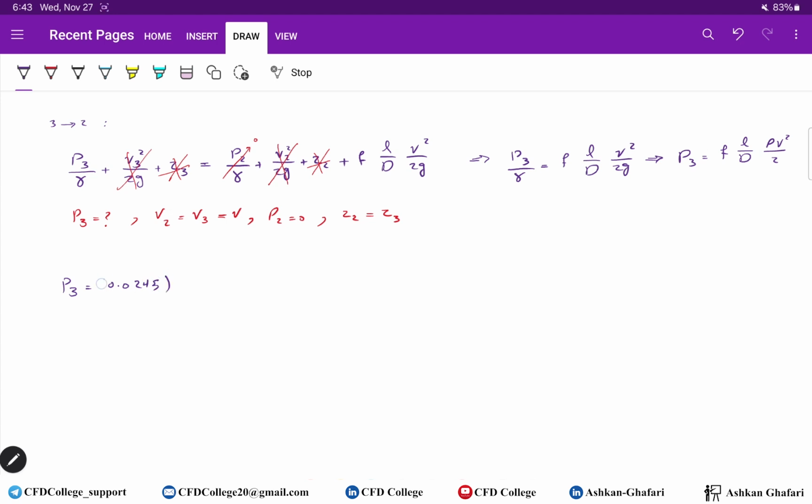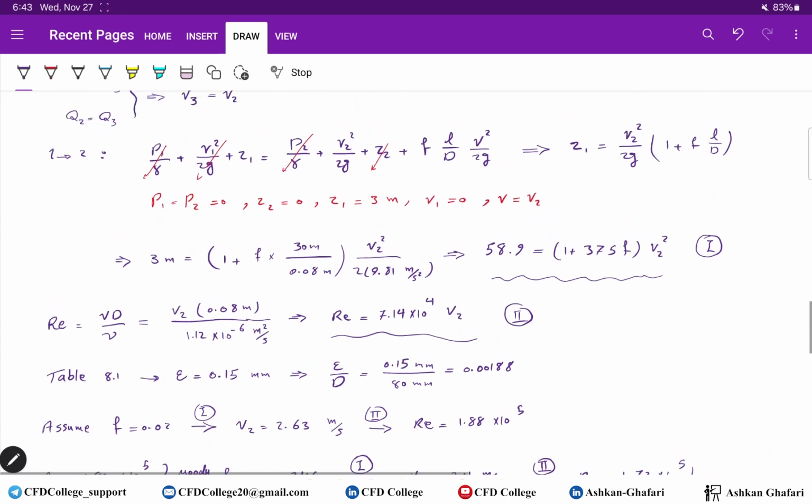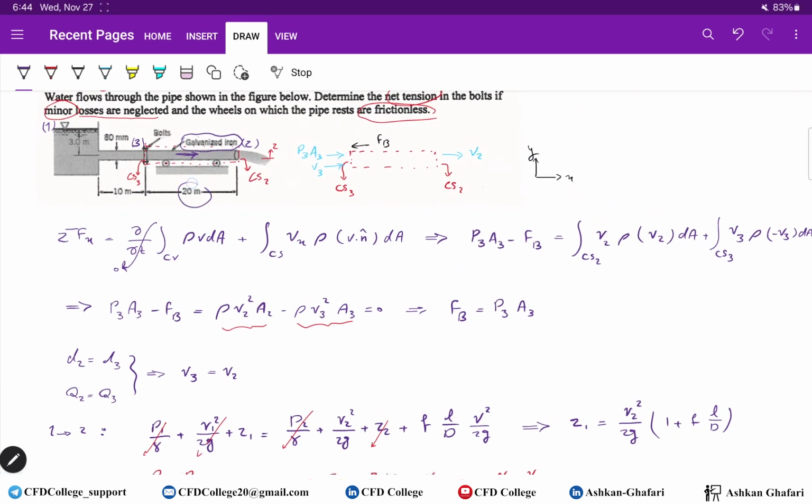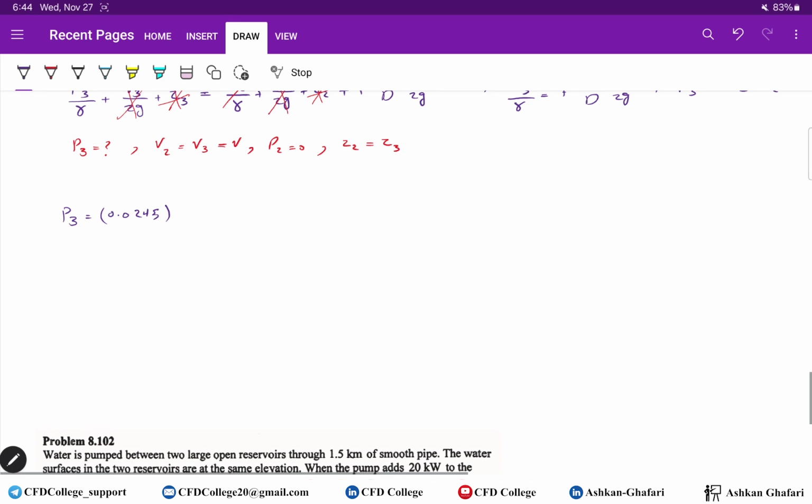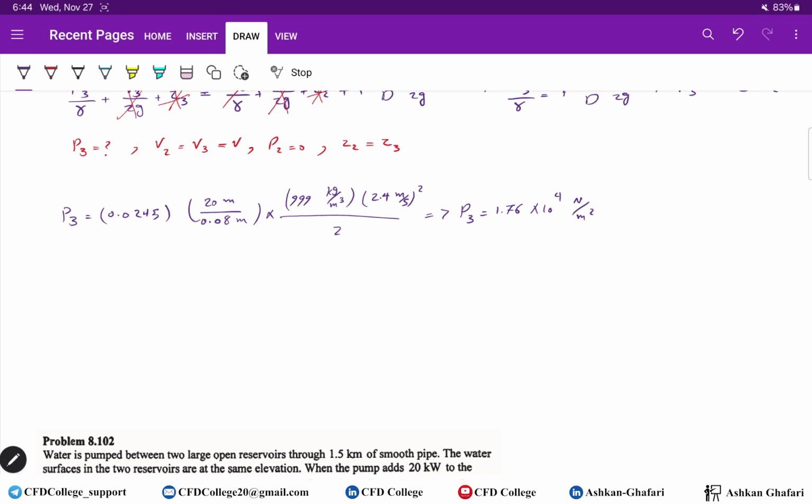So P3 equals F, 0.0245, it's dimensionless. L between point 3 and point 2, we just use this 20 meters, over D, 0.08 meters. Rho of water, 999 kilograms per cubic meter. Velocity 2.4 meters per second squared and divided by 2. So from this you can find the pressure at point 3 equals 1.76 times 10 to the 4 Newton per square meter,